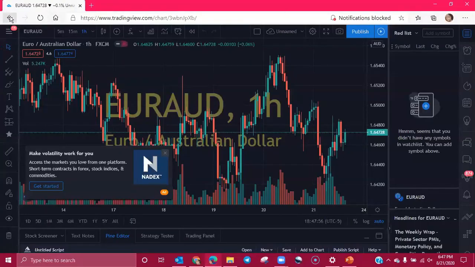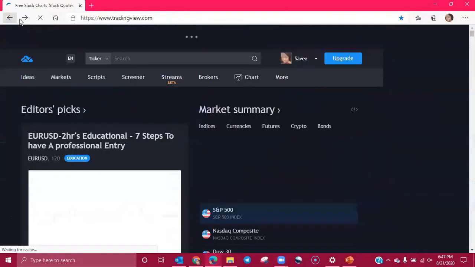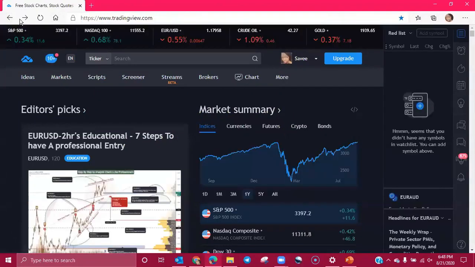Okay, so let us start on TradingView. The prerequisite to this class was that you had to at least have opened up a TradingView account. You can open up a free account. If you're a newbie, you do not really need a paid account right now. That's an expense that you don't really have to worry about. The free account is more than sufficient to get you familiar with TradingView and how to use it.